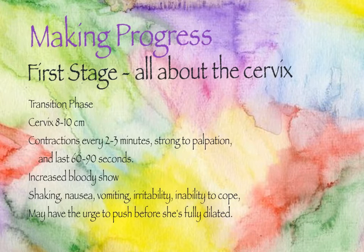But your transition phase, in a mom who has an epidural, they're not going to experience all this stuff. They may have some shaking and be like, wow, I feel really shaky. And they'll feel a lot of pressure in their bottom. And some women tolerate this because it's not really sharp pain. And other women will be like, I can't take it. I can't take it. It hurts. And you'll say, well, what are you feeling? And you